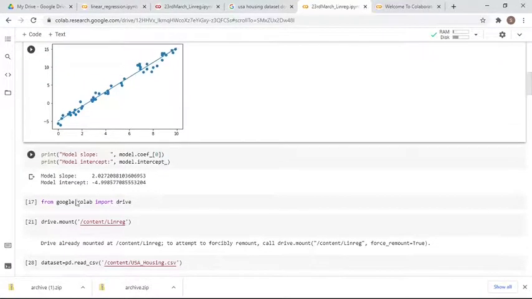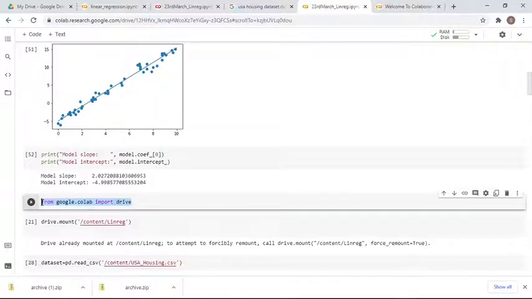Now you can see how to do that. For that you have to write from google.colab import drive, first thing. You have to write this if you want the dataset to be in drive. And before that you have to make available the dataset. Because you are using Google Colaboratory, you have to type from google.colab import drive first. So this has run successfully, and then drive.mount.